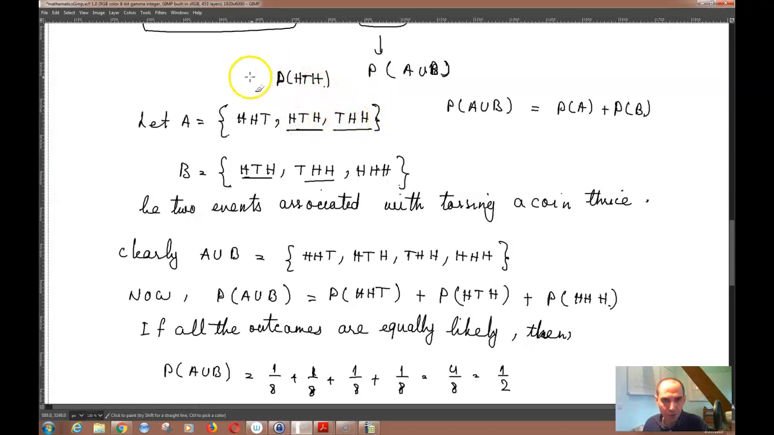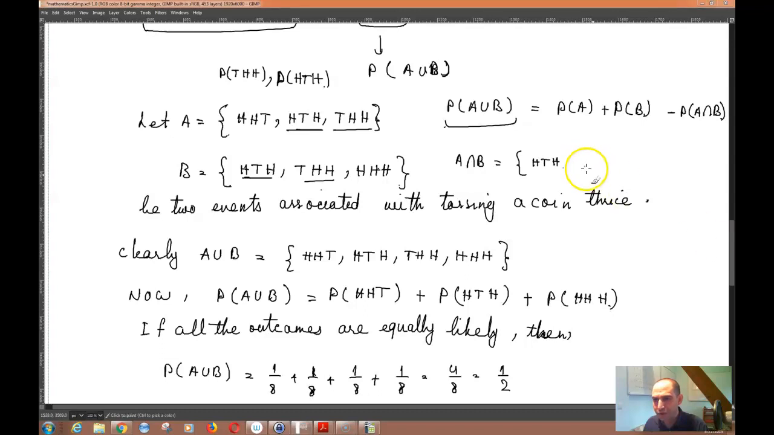Also the probability of THH is calculated here, and the same thing is again calculated here. So if I want to calculate the probability of A union B, I have to write it as P of A union B equals P of A plus P of B minus the probability of A intersection B, because A intersection B is nothing but basically HDH and